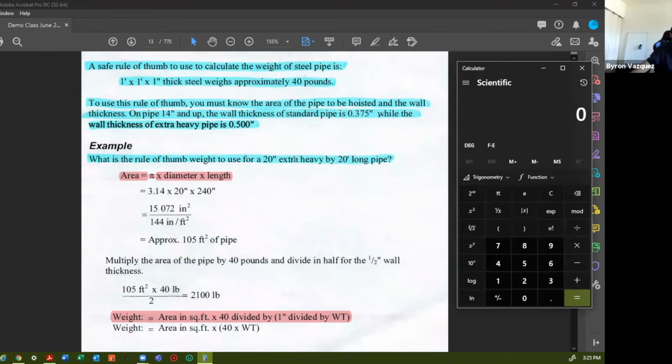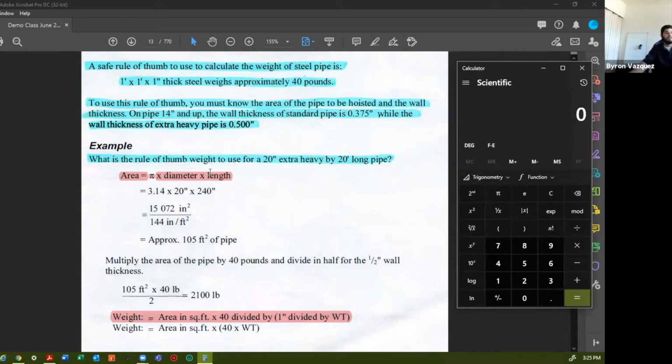So they've indirectly told me that this piece of pipe, which is over 14 inches and is extra heavy, has a wall thickness of 0.5 inches, right? And that's stated there. So it's above 14 inches. It's extra heavy. It's got to have a 1/2 inch wall thickness. So the only other thing we need to calculate now, because we've indirectly been told the wall thickness, is